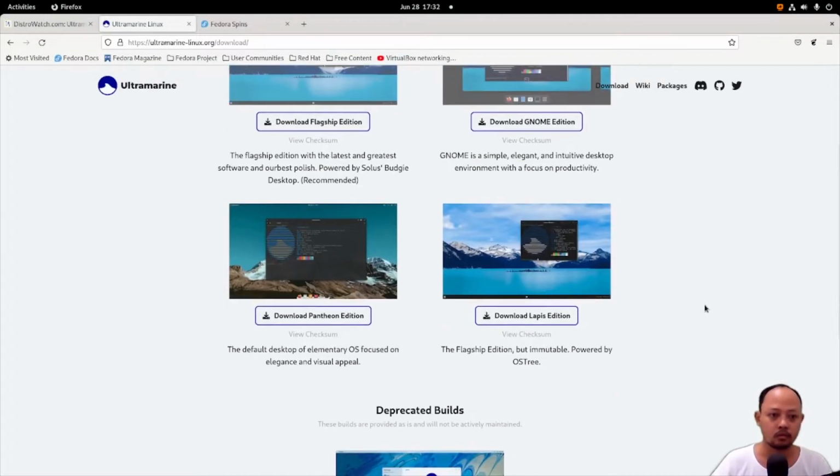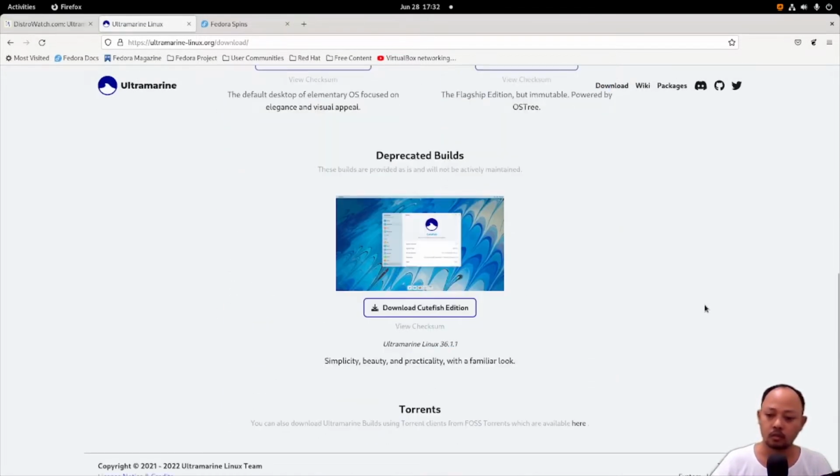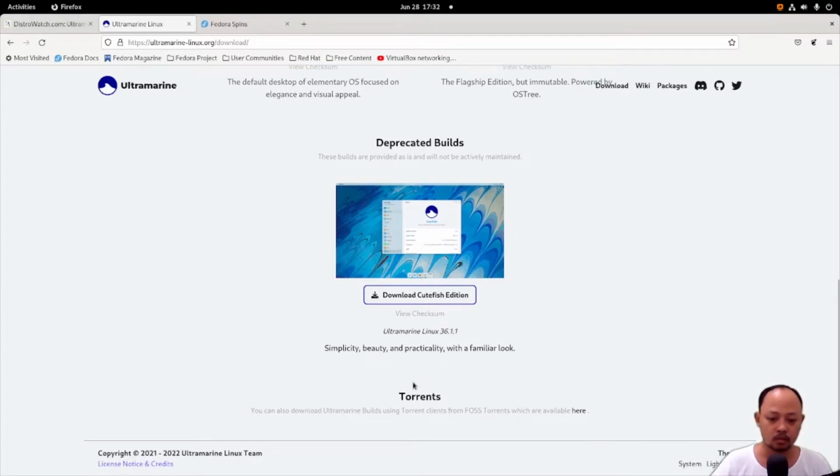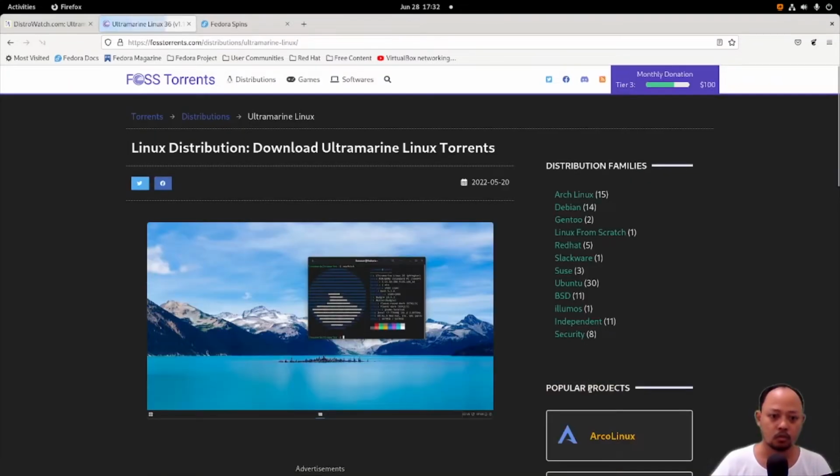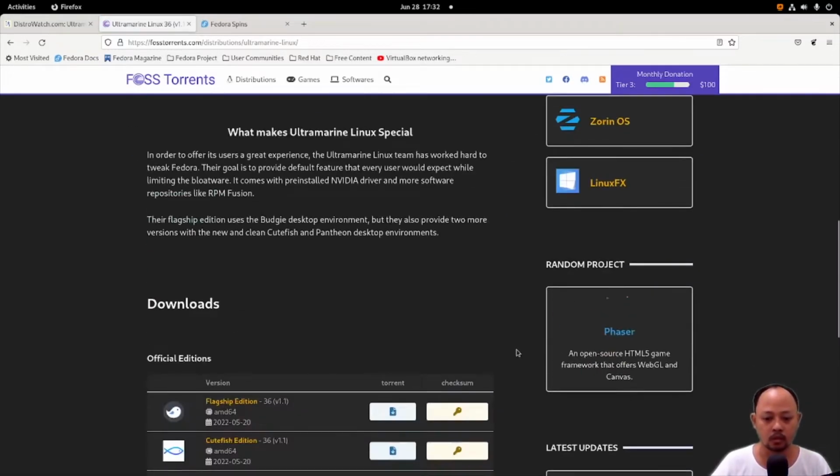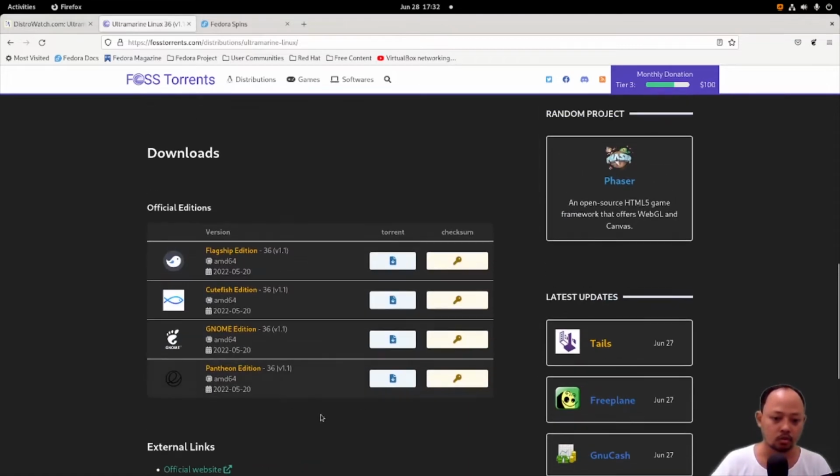And Ultramarine Linux provides another method. We can download the ISO with the torrent method. We can just click this link and we will go to vostorrents.com. Here we can choose the version that we want to download.